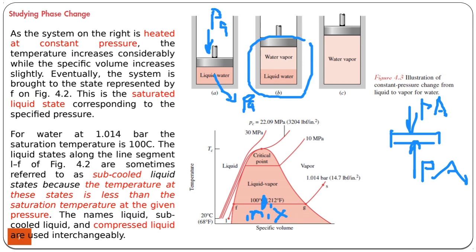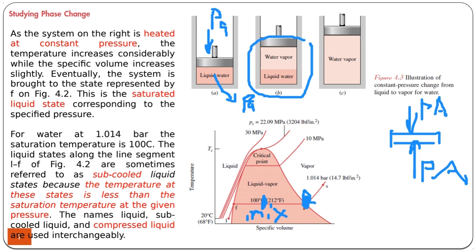If you further heat this system so that the whole liquid becomes vapor, then you come to this point, which is a saturated vapor. So you have a situation in which the liquid water, which was initially, let's say, at 20 Celsius, was heated up to saturation temperature, then it has started to change phase, as in this figure B. Then, when all the liquid has changed phase to vapor, then you have